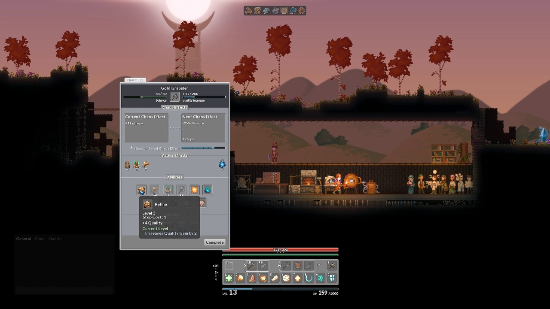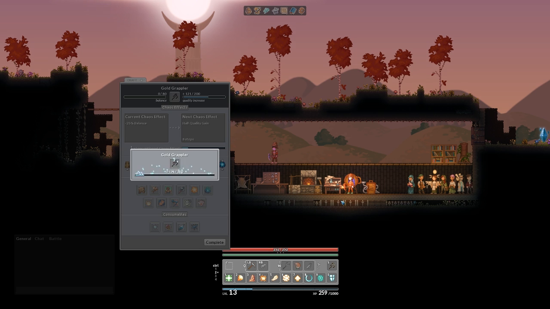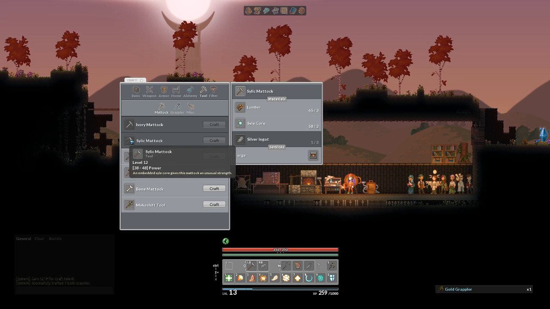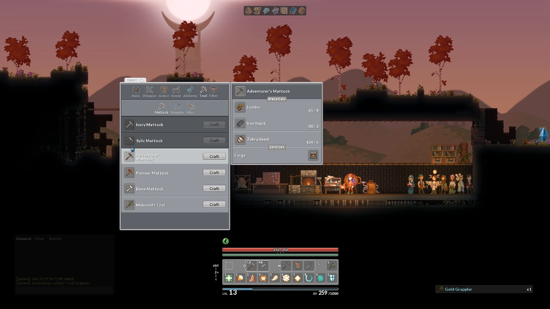Okay, so I'm level 10. I think that... Isn't there already a level 10 pickaxe? Yeah, there should be. Oh, there's the Adventurer's Mattock. Yeah, the Adventurer's Mattock. Unfortunately...